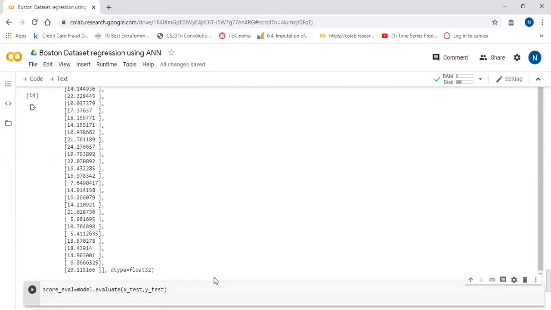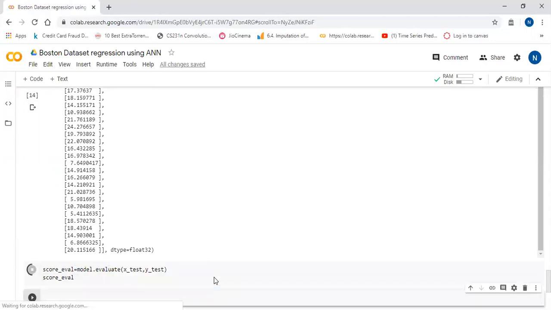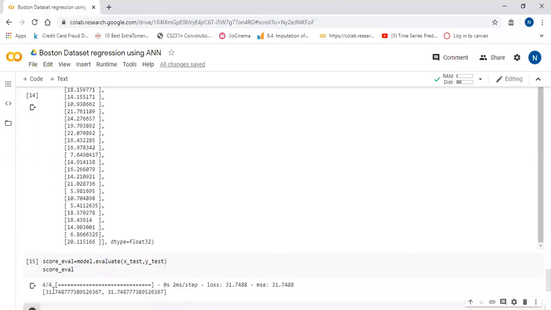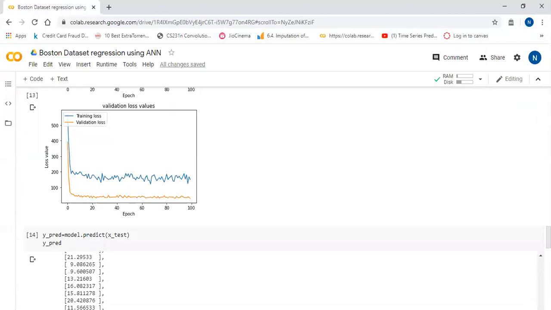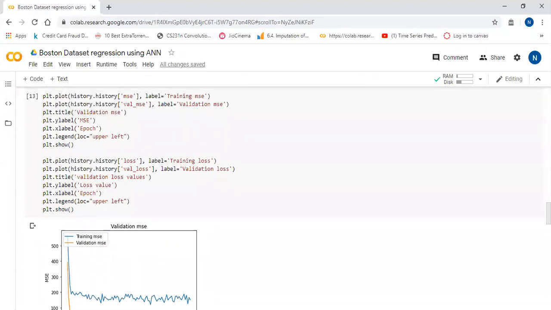I will print the score_eval. Now you can see on testing, we have received a 31.74 mean squared error. You can train our model more and there will be less mean squared error. Our model will improve. So that's it for solving the linear regression problem.